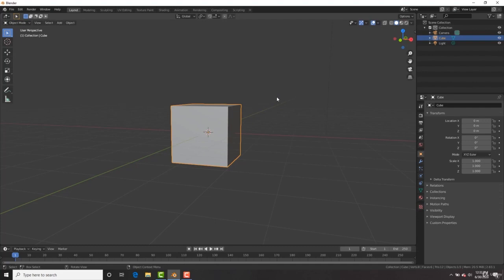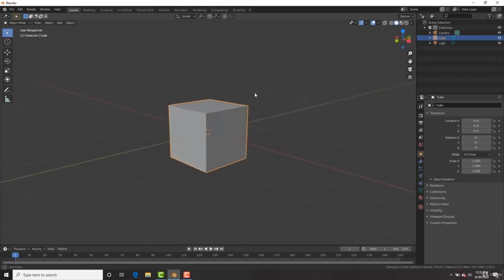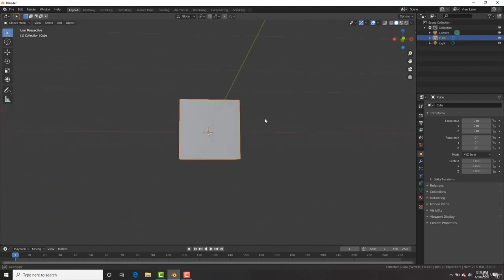One of those is with the numpad. Now right here we could see that we are in the user perspective right now. But let's say we want to go into front view of the cube. Well, we could try to rotate it like this, but it's still not completely dead on front view. So we could hit 1 on the numpad, and you can see that now it's gone to